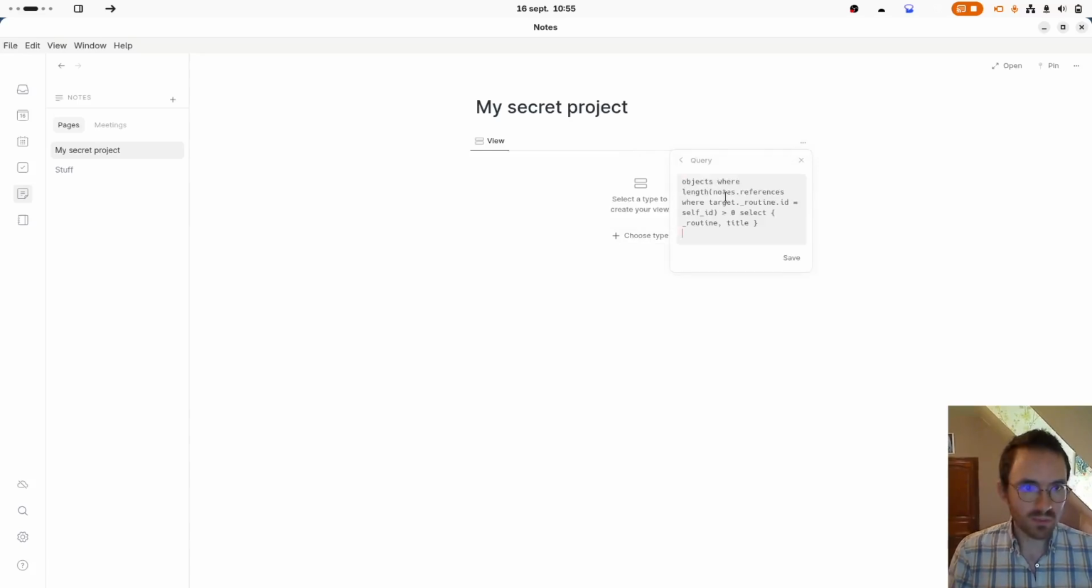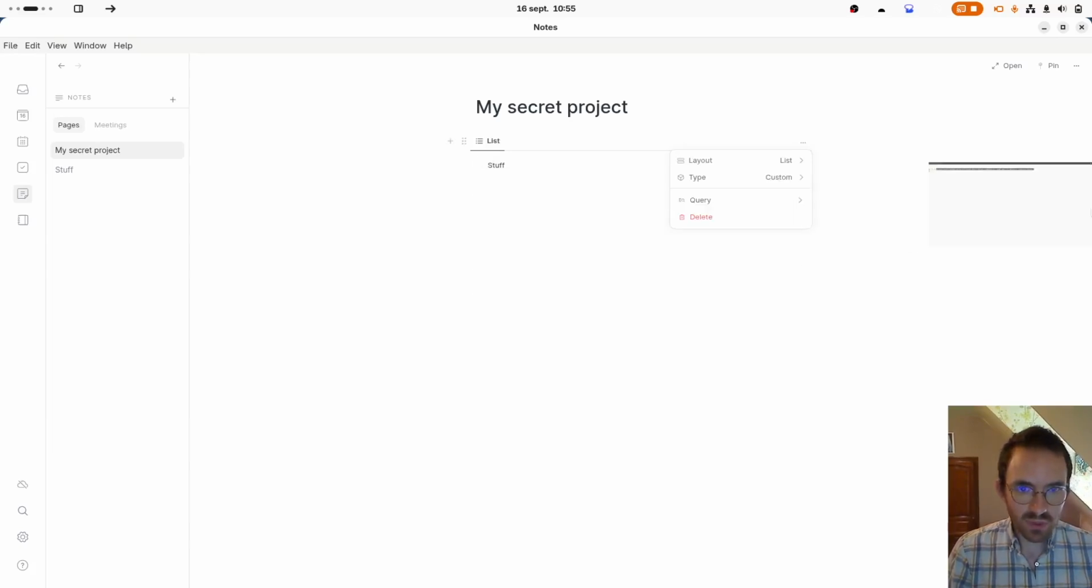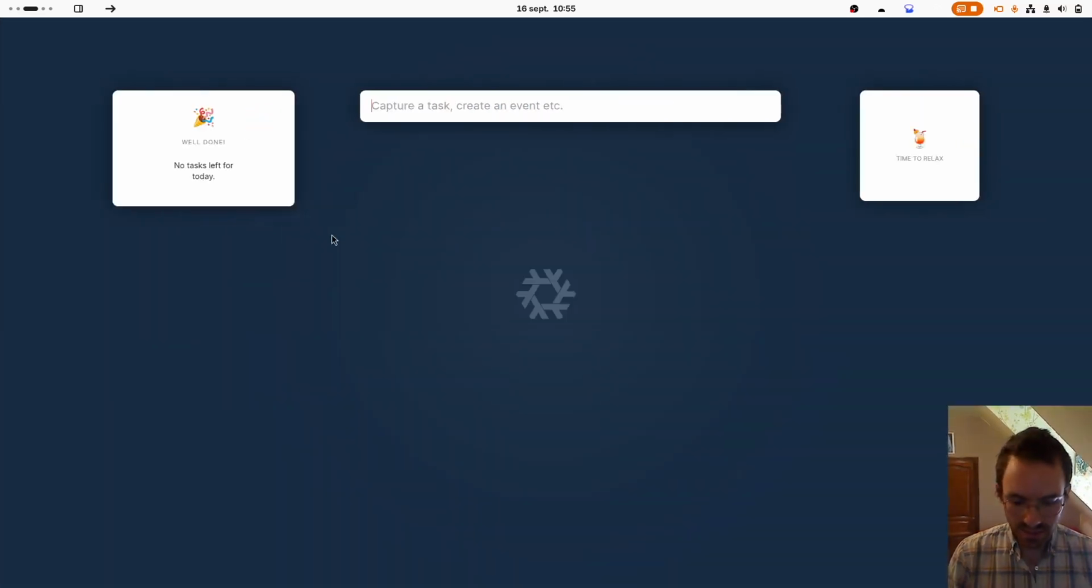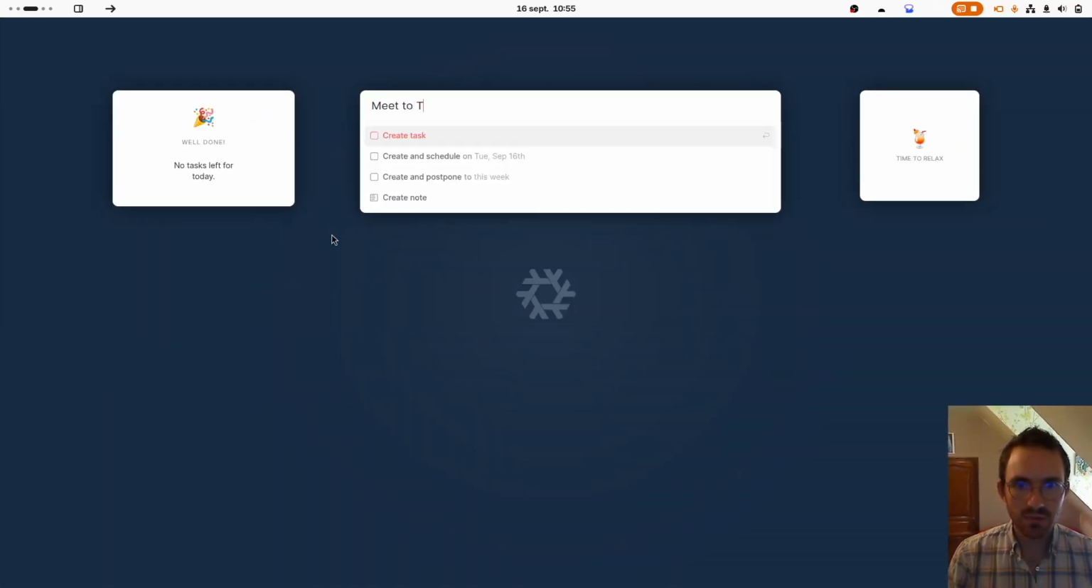You can get a custom query, which we'll come back to in a moment, which will do exactly this backlink feature, gives you a list of all the objects in the workspace that point to the current page. So here I have this stuff page which points to it, but that can also be an event, for instance. If I create an event, I don't know, I want to meet with